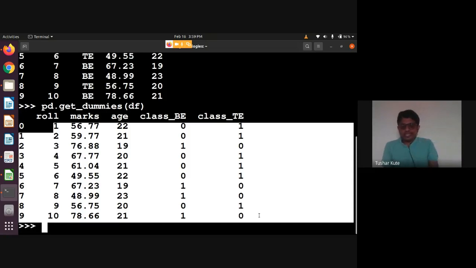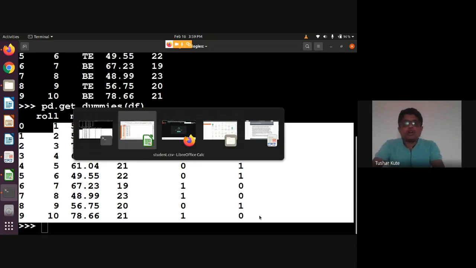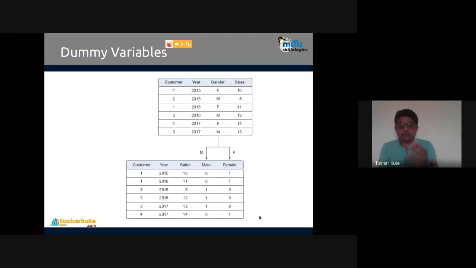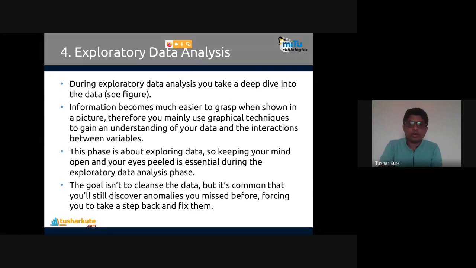There is one more technique called label encoding. By using label encoding, in the same column itself, we can have 0 and 1, and accordingly we can generate the result. So separate columns are not created. But as per the convenience of the data scientist or data analyst, we can choose the method. Either we use dummy variables or we use the label encoding technique. So this is how the dummy variable technique actually works. Okay, so this is the first step that we generally do.